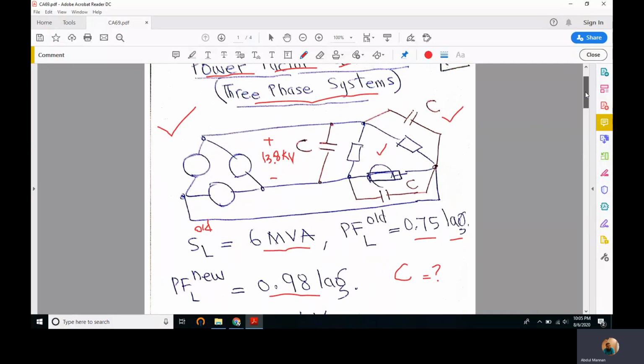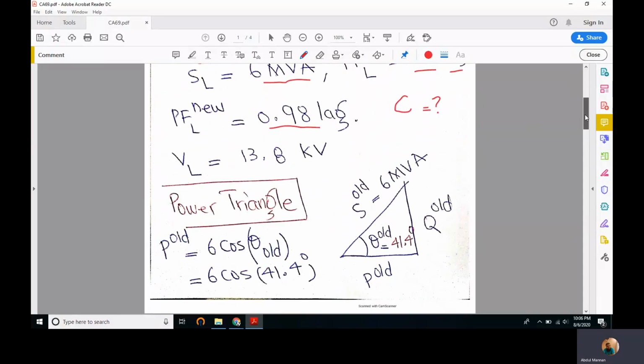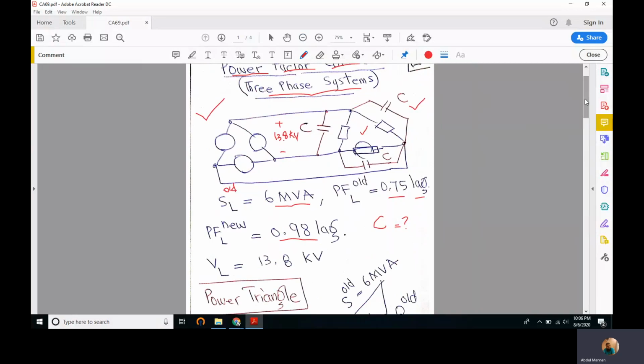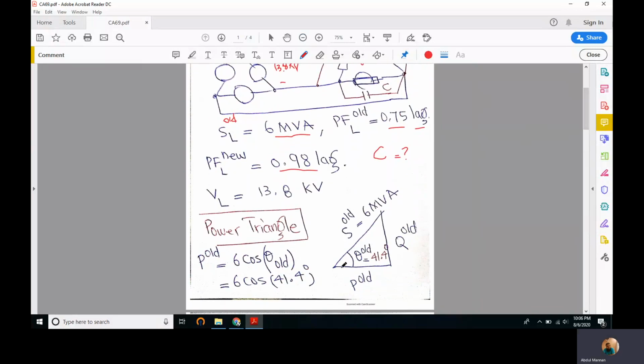We already have solved a problem for power factor correction, but for a three-phase Y-connected system, in our last lecture, lecture 68. In this lecture, we'll do the same, but for a delta connected load. To start with, we draw the power triangle of the load without these red drawn capacitors, the power factor correcting capacitors. Before we have introduced these capacitors, the power triangle is like this.